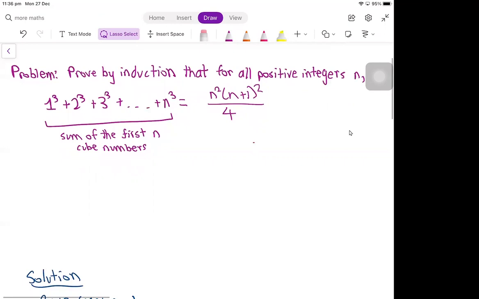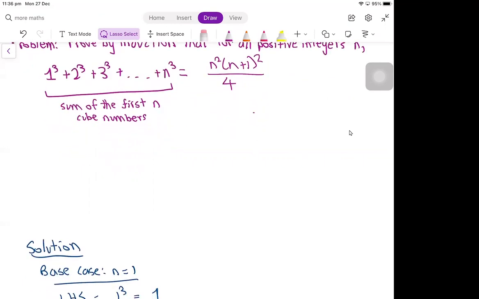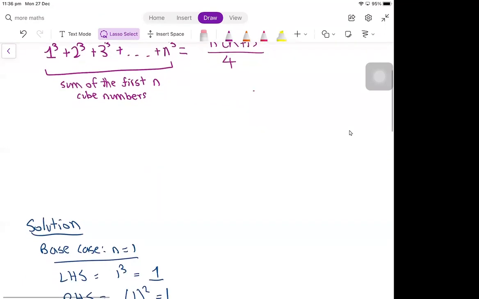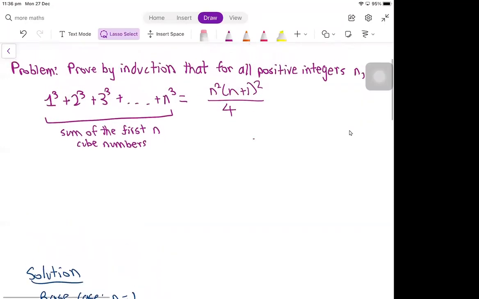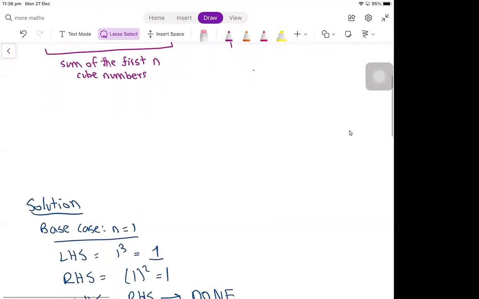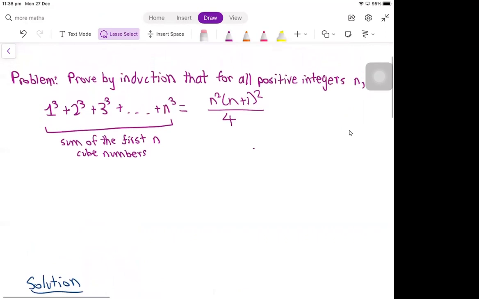We'll be using mathematical induction in this solution. So we'll be starting with the base case of n equals 1. We have the left-hand side is equal to just 1 cubed when n equals 1. So 1 cubed will be equal to 1. And the right-hand side,